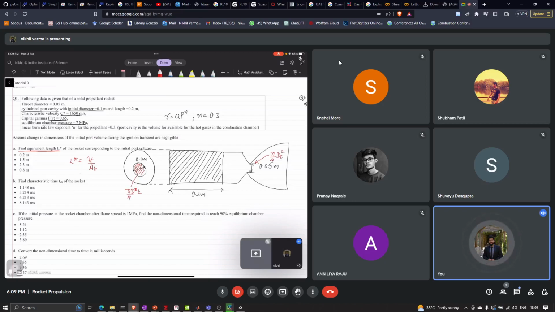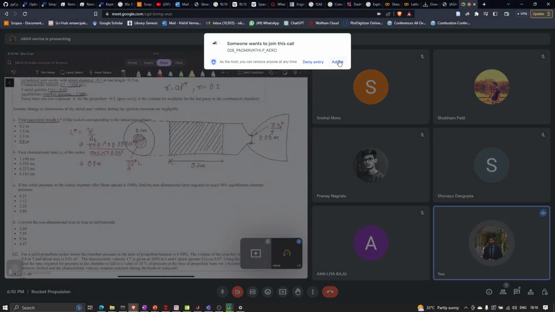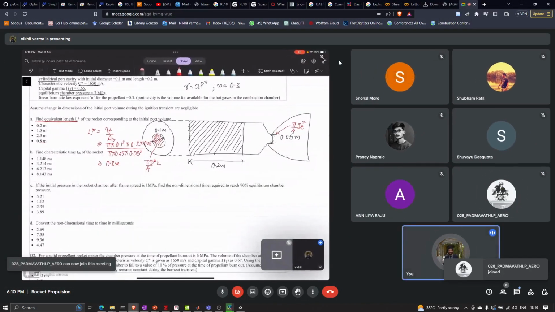So if you plug these values, pi into 0.1 square into 0.2, divided by pi into 0.25 into 0.25 into 0.05 square. If you find the value for this term, you will get 0.8 meters, which is there in this answer. Okay, so next thing is we have to find what is the characteristic time for the